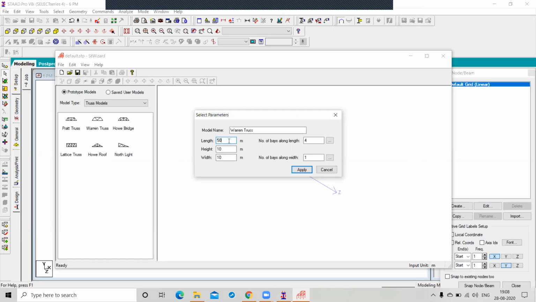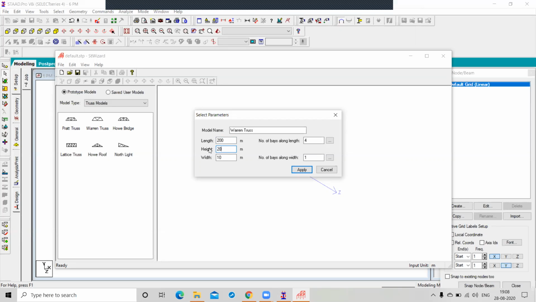So tell me, what is your length, assuming? Around 200. Okay, you just specify 200. And what was the height? 150? 20 meter? 80? 20.